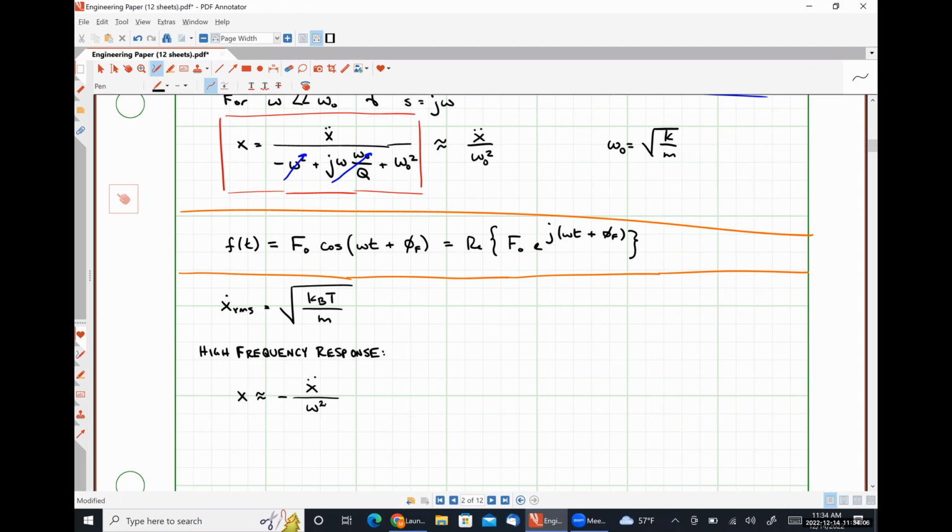Now, that being said, if we take the derivative in the frequency domain,